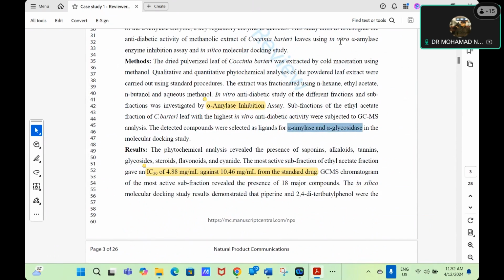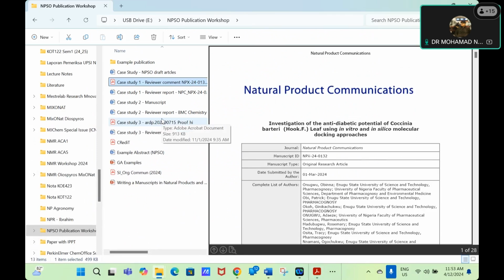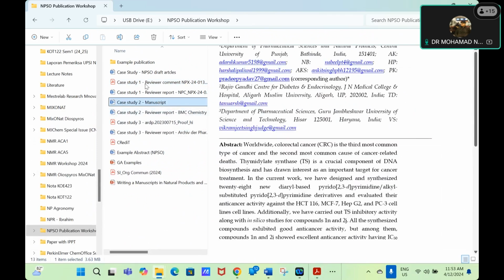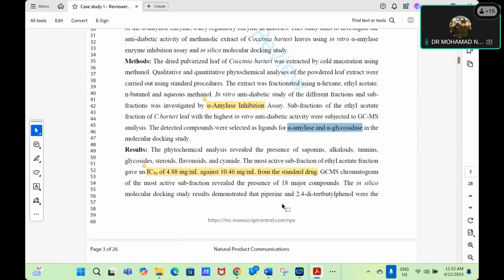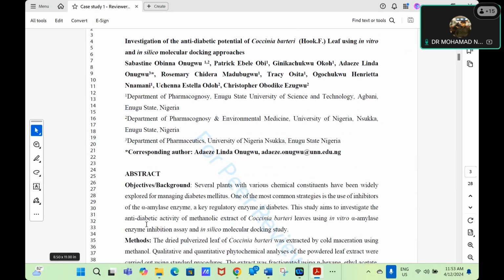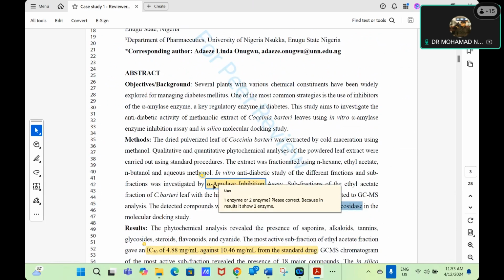So they have several mistakes. I'm not totally rejecting the article, but it's better for them to read and read again, because if you look clearly at this list of authors, 1, 2, 3, 4, 5, 6, 7, 8, 9 authors, but nobody realized this kind of mistake. Please read again, and read again. Okay, so I hope this is good for you and you understand what you are trying to do.